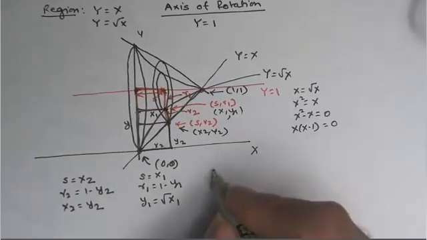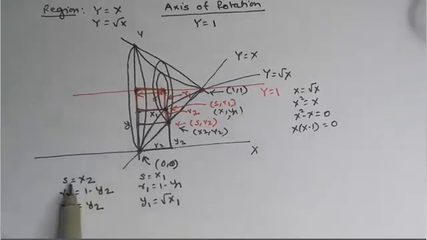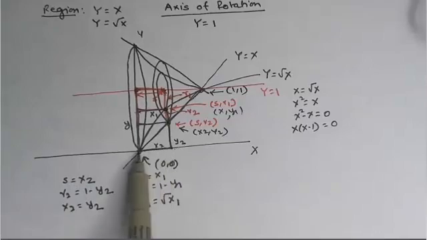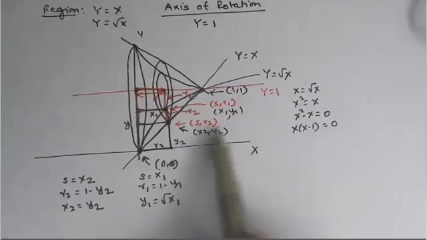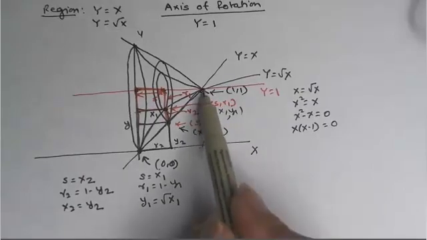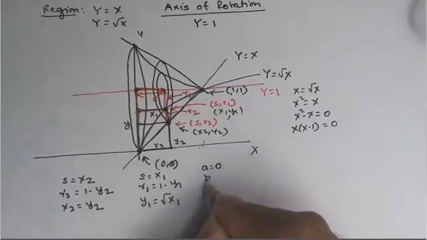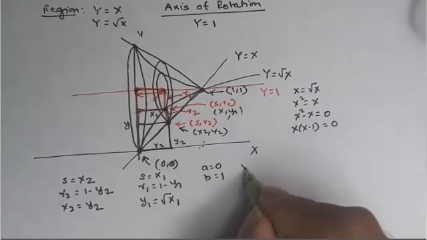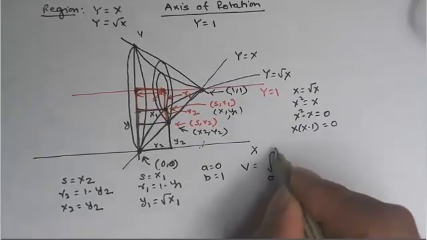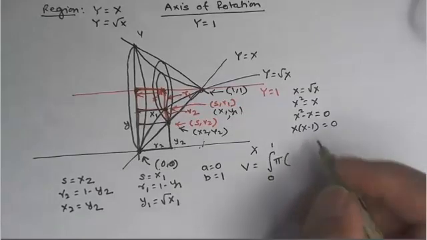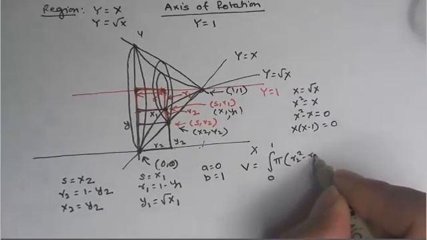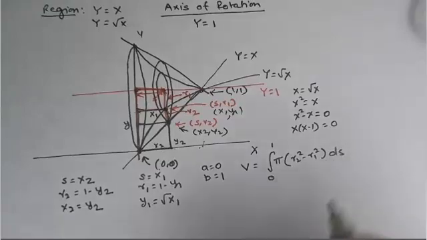Okay, one more thing, we need the limits of S. So S equals x2, x2 is this distance, so the smallest value of x2 is 0, the largest value of x2 corresponds to the x-coordinate of this point, which is 1. So we know the limits of integration are a equal to 0, b equal to 1. The volume is the integral then from 0 to 1 of pi (R2 squared minus R1 squared) ds,